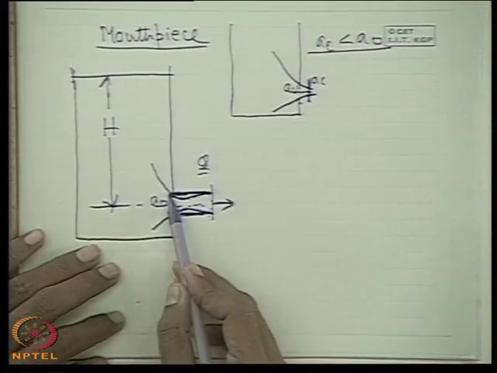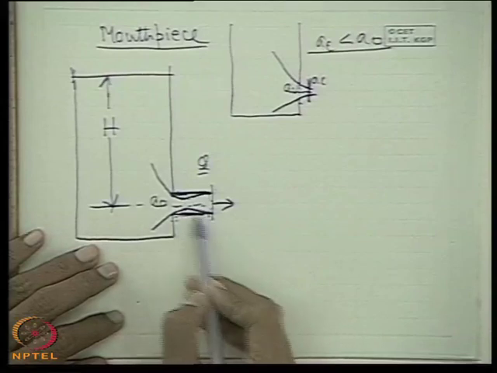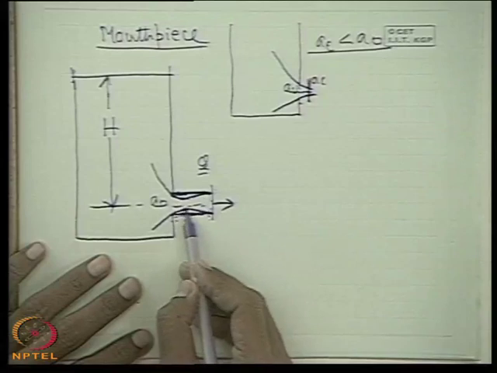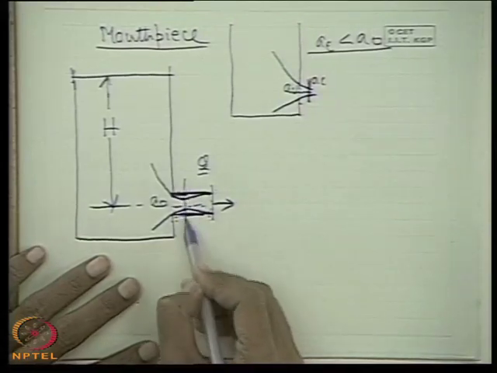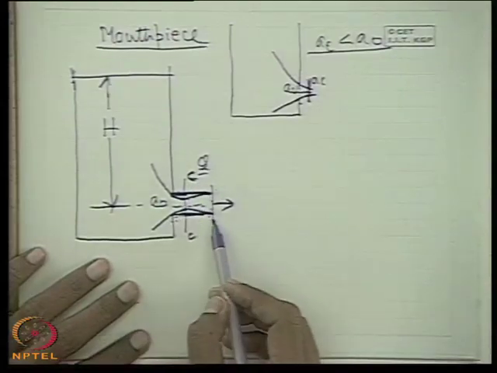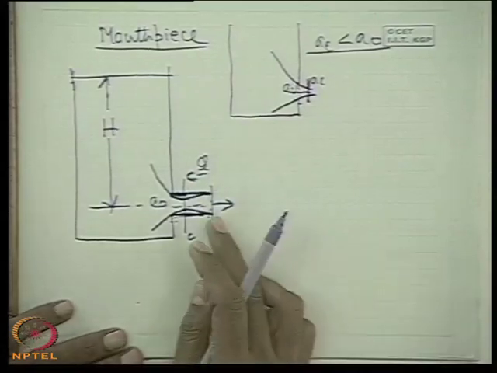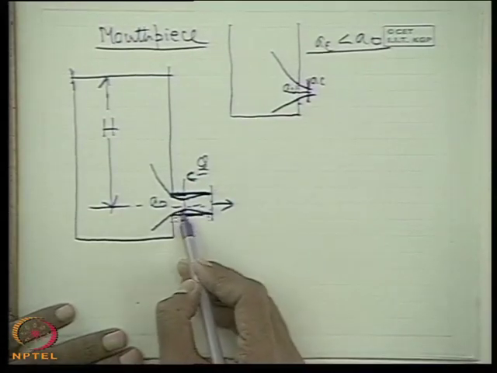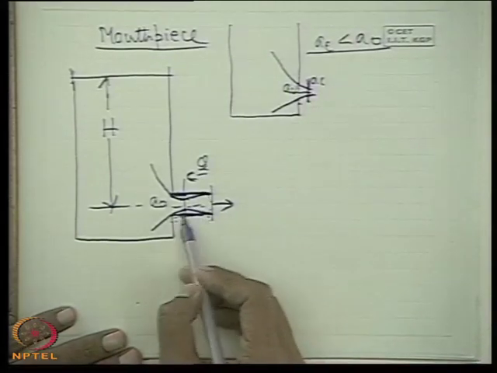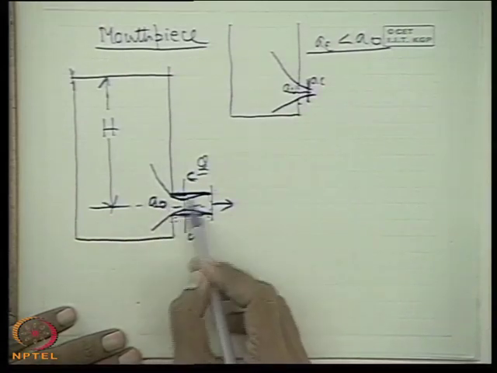But at the same time, due to contraction, there is some loss. If I consider this short section, so that the friction we neglect, but we cannot neglect the losses due to contraction, which we have discussed. This is the contracted area AC. So whether the loss counterweighs the discharge rate or not, let us see. And it has been found, it can be proved theoretically that discharge rate is enhanced by refilling the liquid in the tube. That means to expand the stream tube so that the effective flow area becomes the total area of the mouthpiece A0, even if there is a contraction loss.